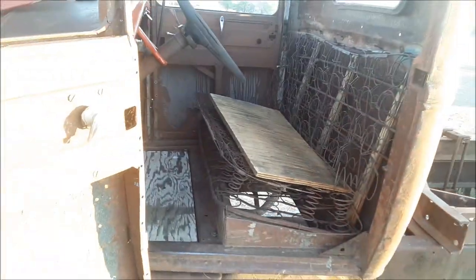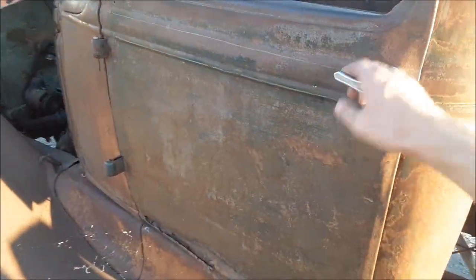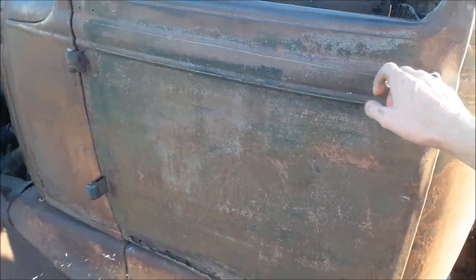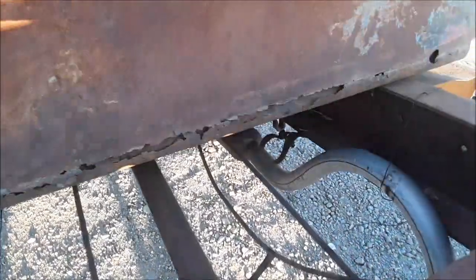My seat is just seat springs. They're in pretty sad shape, but they're better than nothing right now. This door came off of a different cab, so it's not real straight, but it is a lot straighter than it was. Took a lot of work to get it this straight. It only used to close this far, and you could not force it clear shut. It's quite rusted out on the bottom, but the cab itself isn't bad for rust. It's got some. Main rust is back here across the bottom,